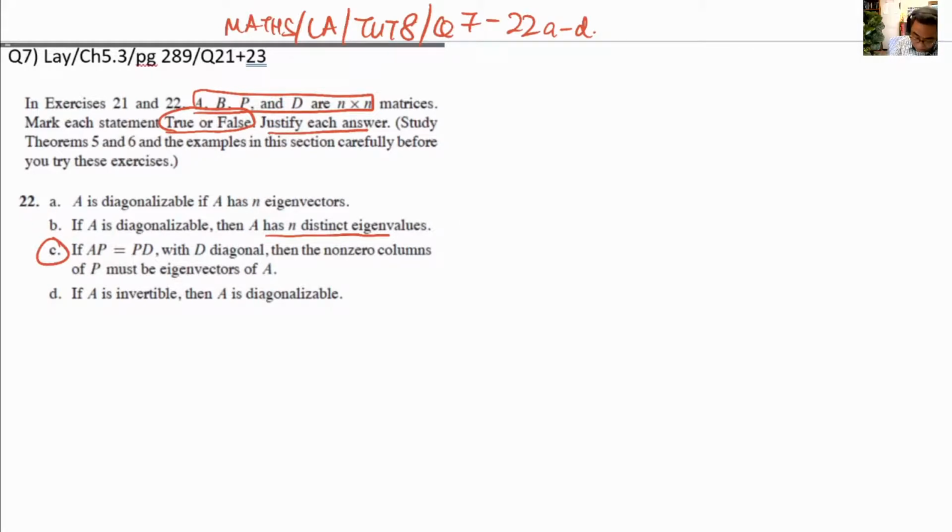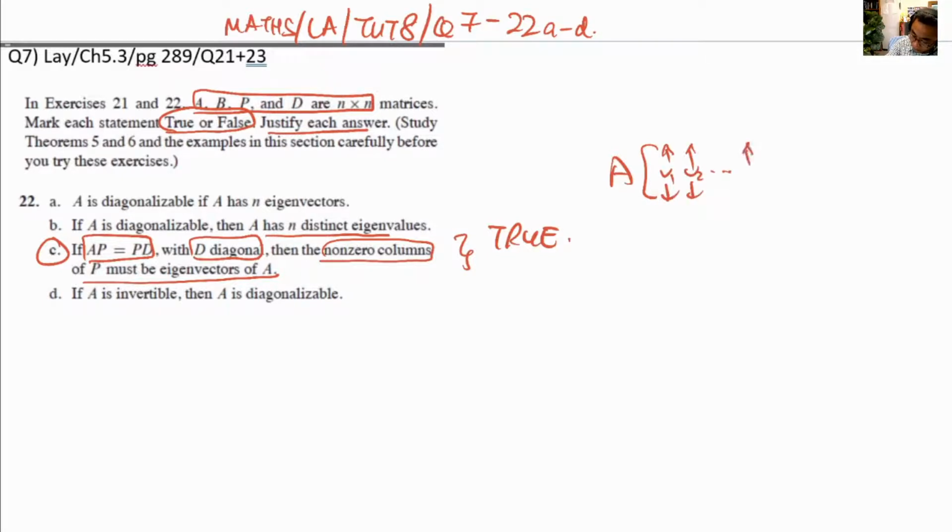22c. If AP equals PD, D is diagonal, then the non-zero columns of P must be the eigenvectors of A. This is true by definition, because what we have is A times the columns V1, V2, and Vn must be equal to the same vectors V1, V2, and Vn, multiplying by D, the diagonal